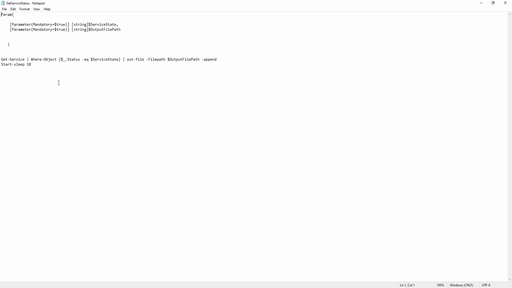What we're trying to do is get the services. Get-Service is a cmdlet that is given by Microsoft. It's available as a library, so you don't need to write any code. The moment you use Get-Service, you should be able to get all the services which are running on your system. Then we have used a pipe operation. Pipe operation is nothing but giving the input to it.